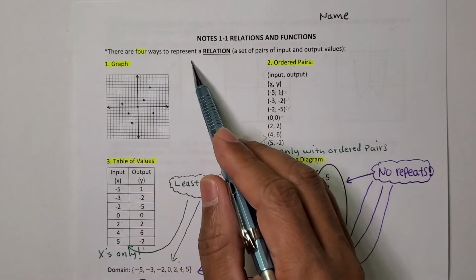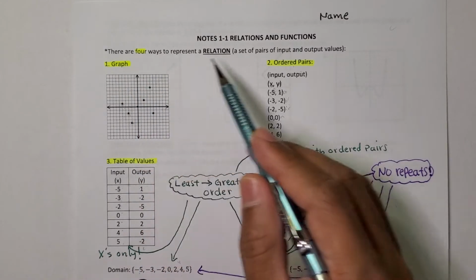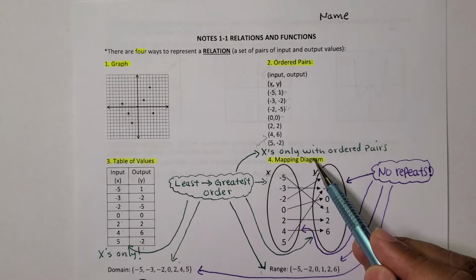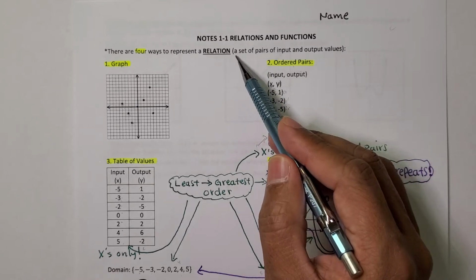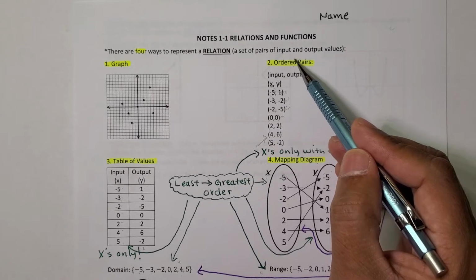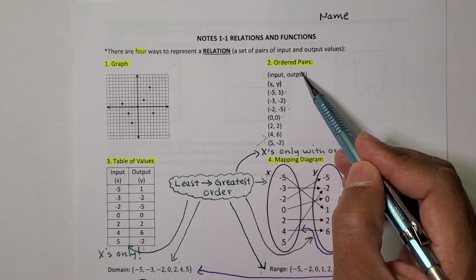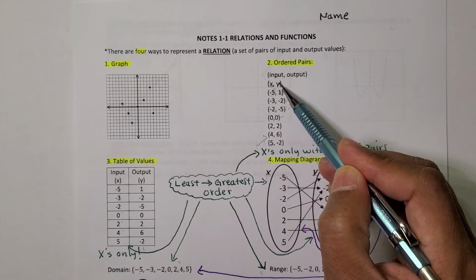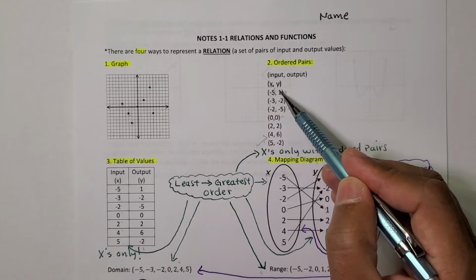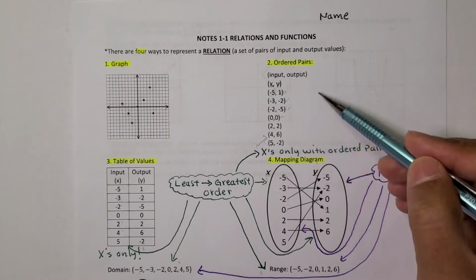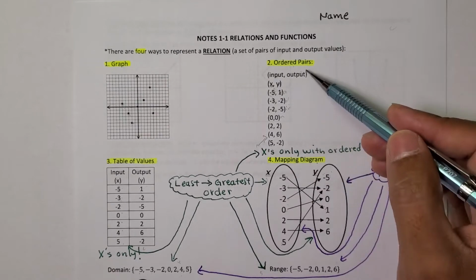There are 4 ways to represent a relation. One is a graph, ordered pairs, table of values, and a mapping diagram. Now, you might be asking, what's a relation? Well, a relation is a set of pairs of input and output values. So let's take, for example, ordered pairs. You have input, you have outputs, okay? So X is the input, Y is the output. So say for example, -5 here is the input, 1 is the output. So this is an X value, this is a Y value, X value, Y value, and I hope you get the idea. X values always come first, Y values come second. All right, so this is one way to